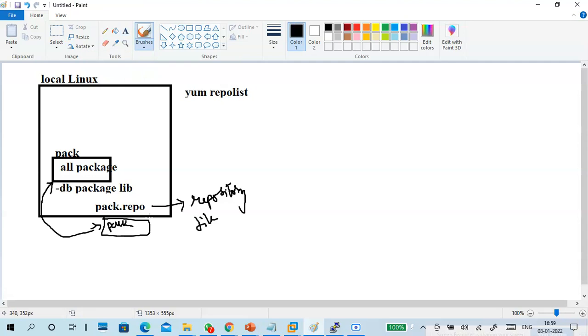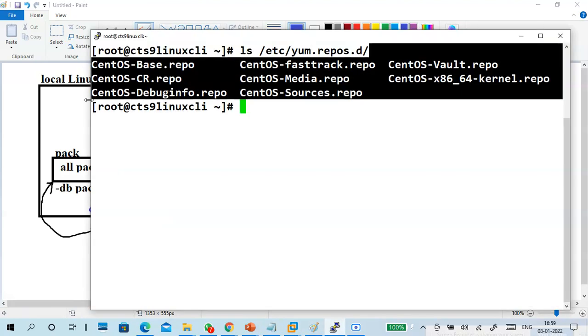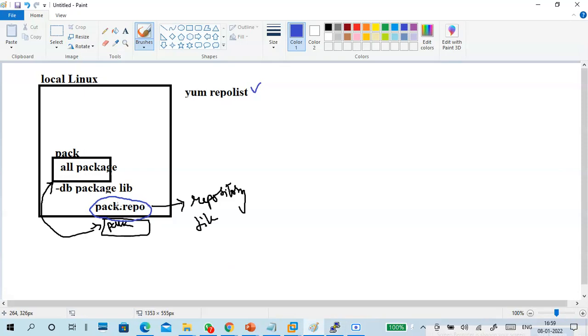When I put this command, it will go to this file, or these files, all files if available. It verifies where the package location is, goes to the package location, and downloads this database into my system.